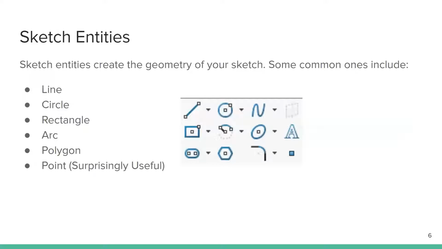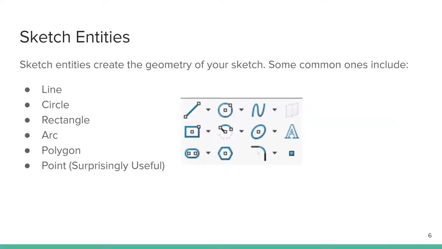All right, and there are some sketch entities that you can incorporate into your drawing. This is just kind of a zoomed-in image of the toolbar that you just saw on the last slide. And you can make lines, circles, rectangles, arcs, a polygon, so a multi-sided shape. And points are also surprisingly useful. So you can access all of these in that toolbar by physically clicking on them, or you'll find later on